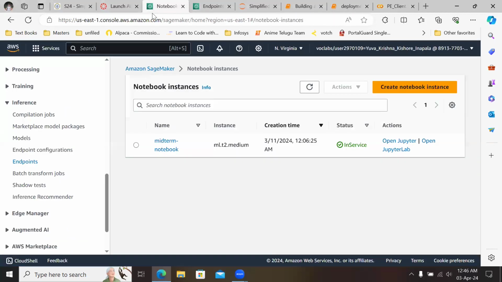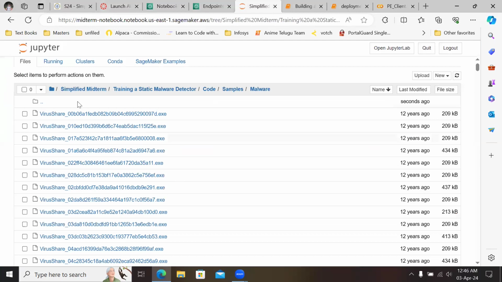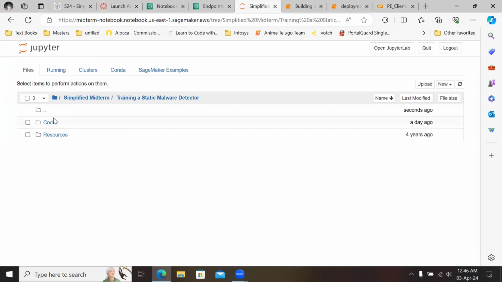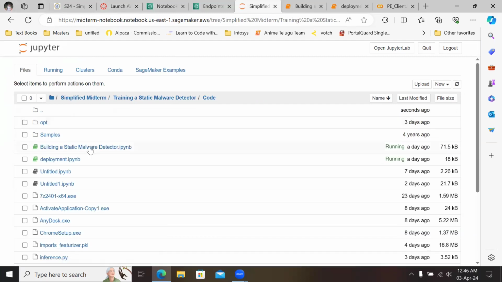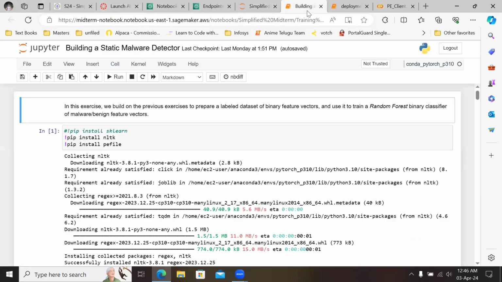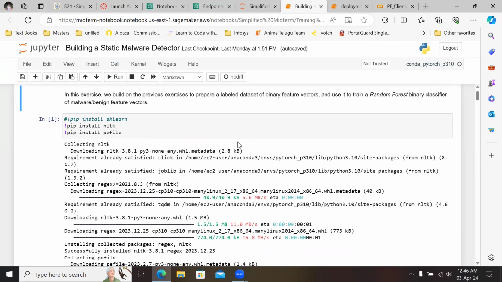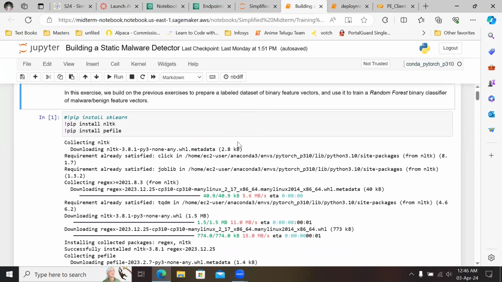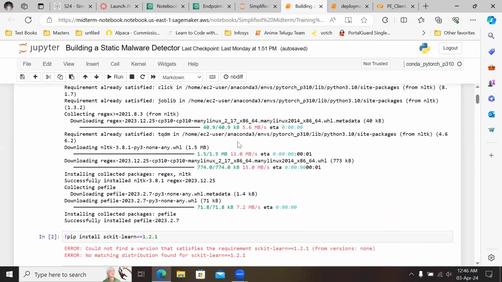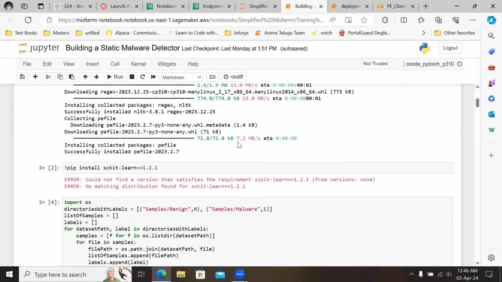For this project implementation, I have created a SageMaker notebook instance where I have downloaded the lab 5.4 code. This is the training code. Let me open this. Yeah. In this code, we are provided with the complete training code,